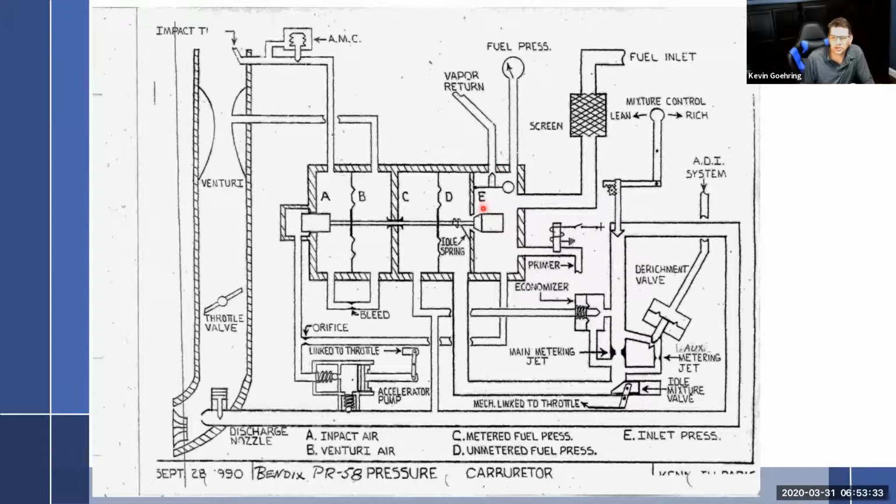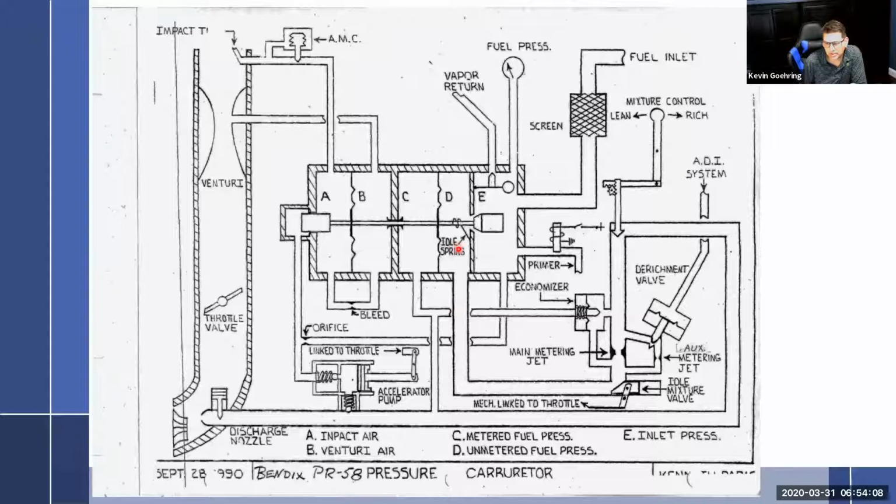So, all right, fuel comes in through the poppet valve, and the poppet valve at idle is held open with the idle spring because air metering force is insufficient. But once we have sufficient air metering force, then the poppet will move back and forth based upon, number one, air metering force and fuel metering force. So fuel metering force is going to be a combination of D minus C, because as fuel enters in here, it pushes on the diaphragm to the left and tries to close it.